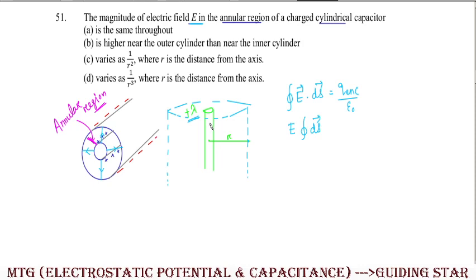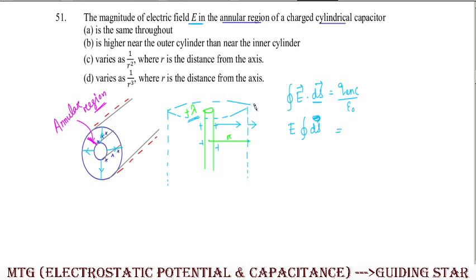Why? Because the electric field due to this positively charged cylinder will be outward, and similarly the surface area vector of the given cylindrical body will also be outward. So the angle between them should be 0. So E ds cos 0, and cos 0 is 1. So finally E times the closed surface integral of ds, no need to put any vector over here, will be equal to